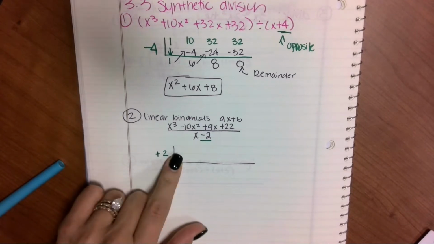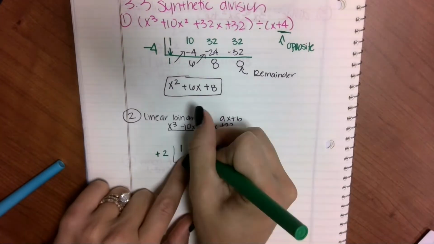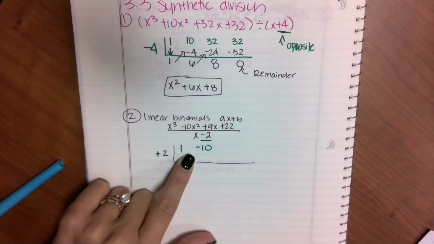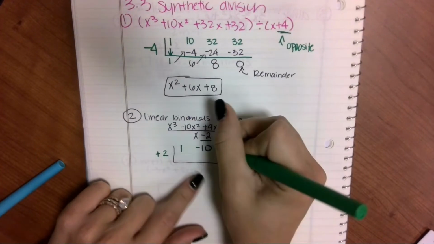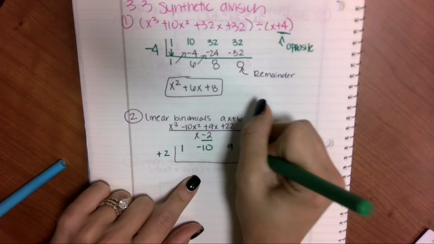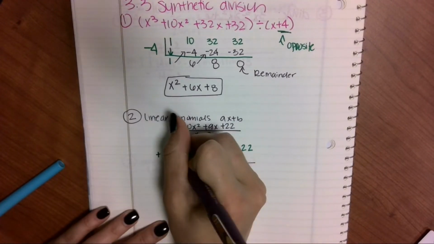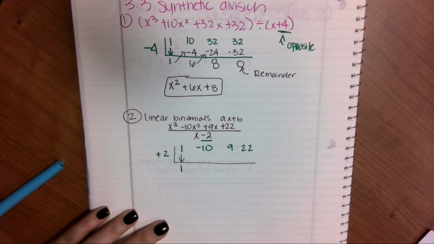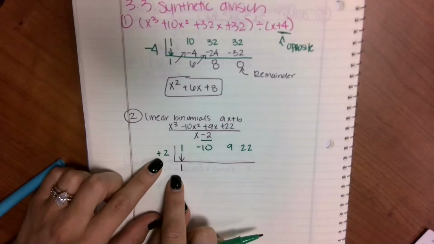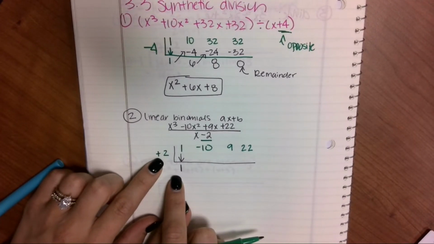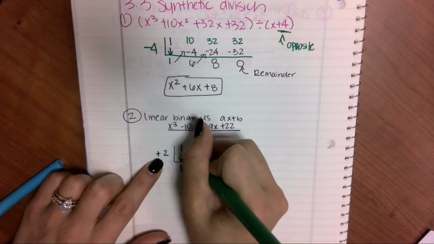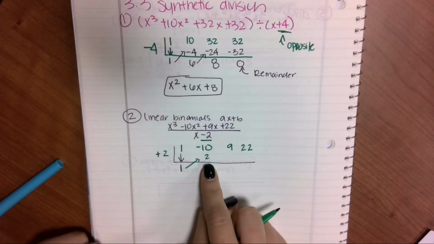My first coefficient is 1. My second coefficient is -10. Third coefficient is 9. And last one is 22. So I'm carrying down my 1, so it's just going to be a 1. 2 times 1 is 2. -10 plus 2,